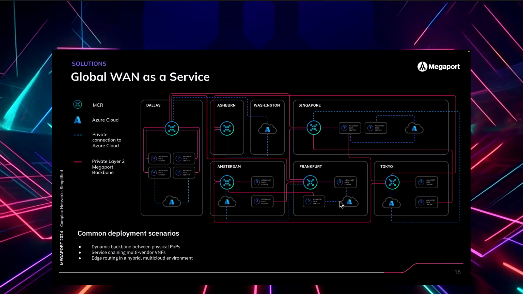Global WAN as a service is a really neat product in that you're leveraging Megaport's global backbone to provision ports, MCRs, and MVEs and connecting them together using VXCs or those layer 2 services. And I'll show you a really neat use case coming up here where companies are actually able to collapse their MPLS infrastructure that is spread out over multiple vendors and consolidate everything on Megaport. And it's a huge value.